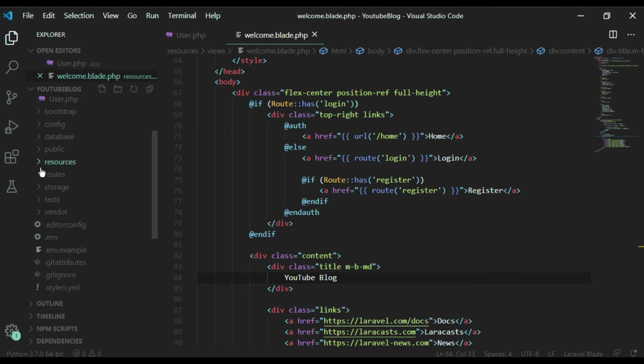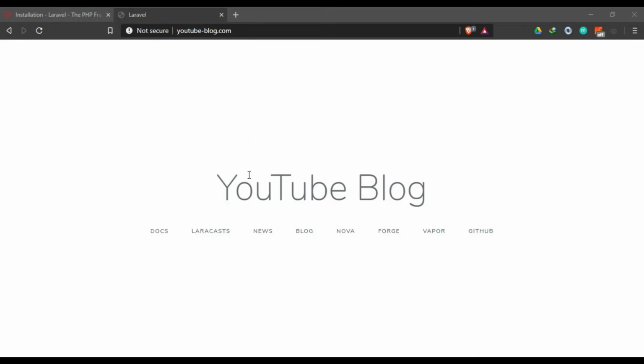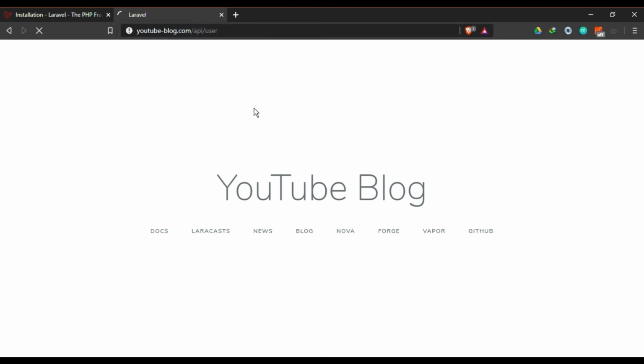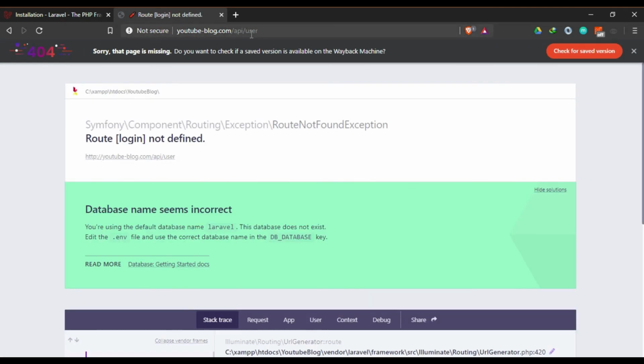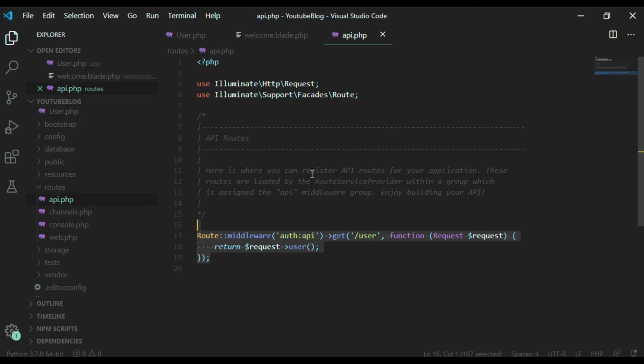And also we have what we call the route. Now the route, we are going to be handling two main things here. That's the API route. So this is actually a route that manages all your API. So whenever you have something like slash API slash users, it is going to call that route. So basically that's what is going to happen. Whenever you want to call an API route, you use this to do that. So we'll be using this